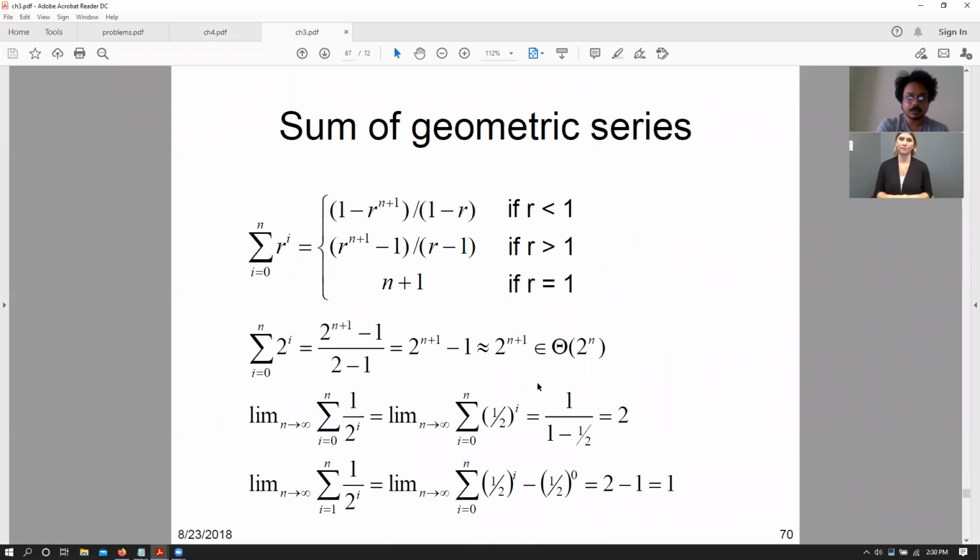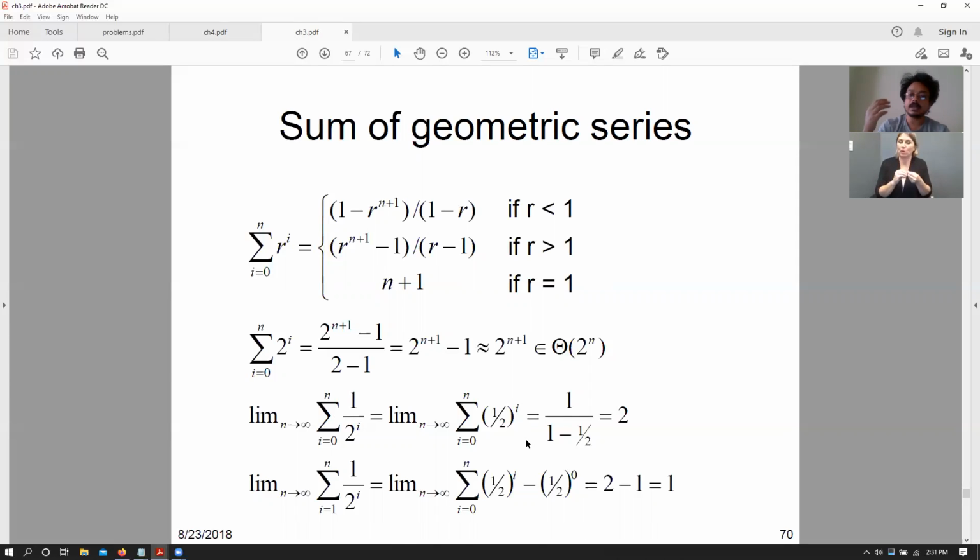So in this scenario, if r is greater than 1, then it is going to be not infinity, but some exponential power of n, right? Because it is slowly going to converge to 2 to the power of n in case of 2 to the power of i, right? We had that with our sum of geometric series when we had from 0 to n, what is the maximum that this particular value was? Yes, exactly. But if the r value was less than 1, in that scenario, you actually converge to a particular small number.